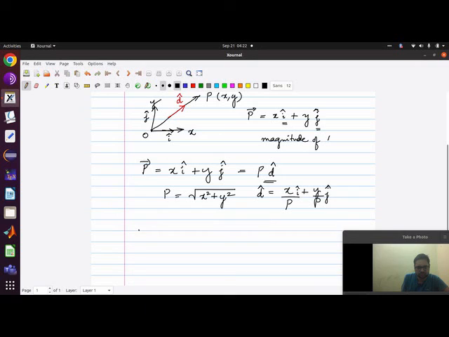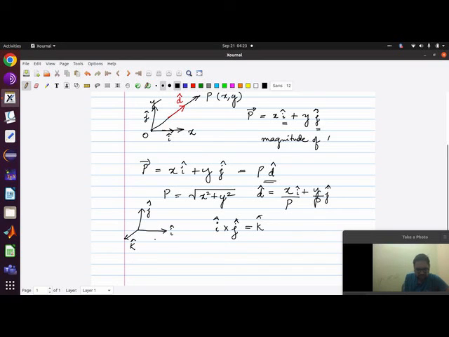So i, j and you have k cap. So i cap is typically unit vector along x-axis, j cap is unit vector along y-axis, and k cap is unit vector along z-axis. Okay, so cross product of two vectors. So if you do i cross j, you get k,